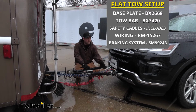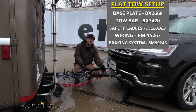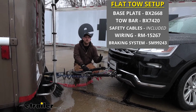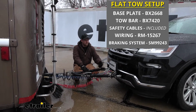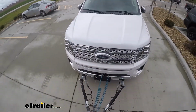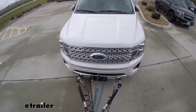We're also going to have wiring. Here we have diode wiring, and this is going to transfer the lighting signals from the back of the motorhome to the back of your Explorer so everyone can see and know your intentions as you go down the road. Lastly, we're going to have a braking system. Now the braking system is going to stop the Explorer using its own brakes